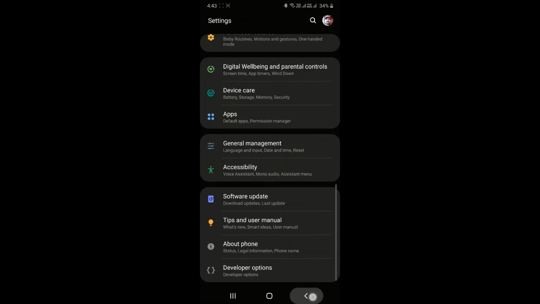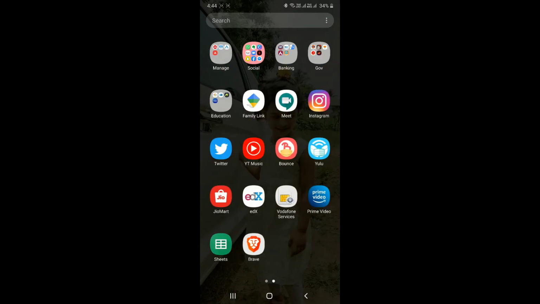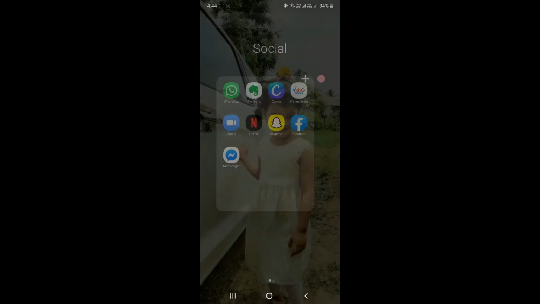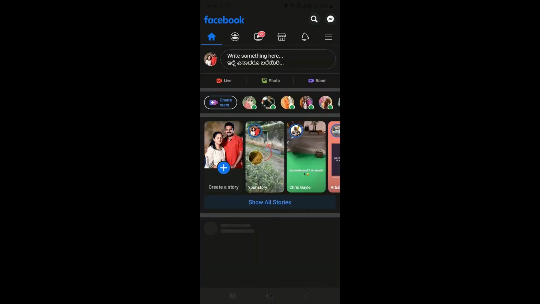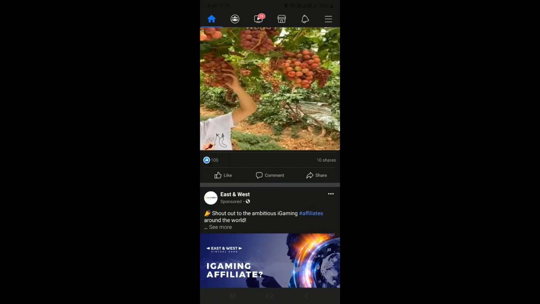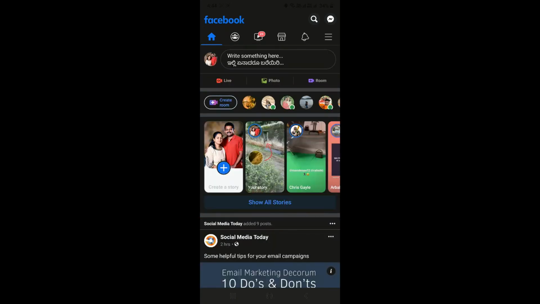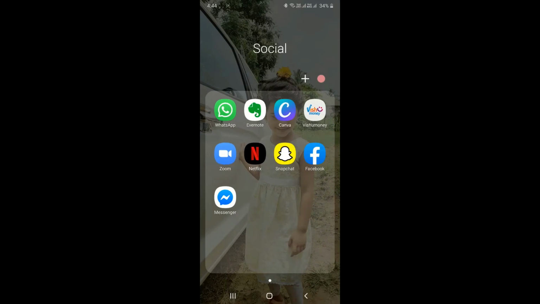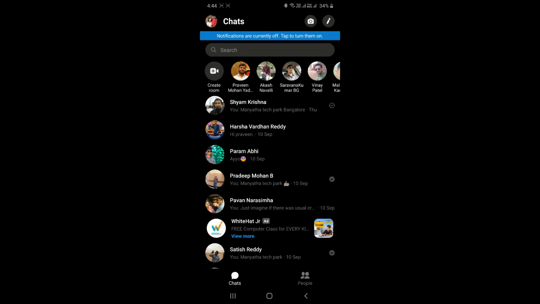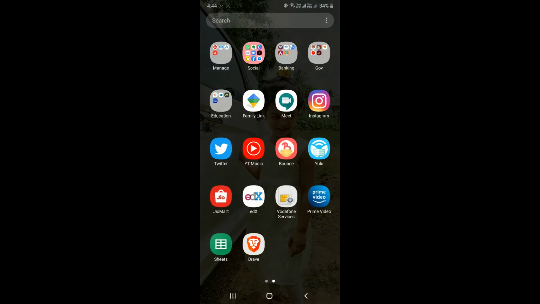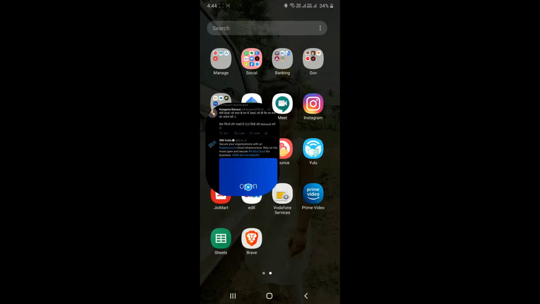As you know, Facebook doesn't have a dark mode feature yet, but after enabling this particular button, I will take you to the Facebook application to show you that the Facebook app is fully in dark mode. Right now Facebook doesn't have a default dark mode feature yet, but after enabling this feature you can make your Facebook look dark. Also there is Messenger. However, Messenger already has a dark mode feature. You can enable that. And Twitter too has a dark mode feature.